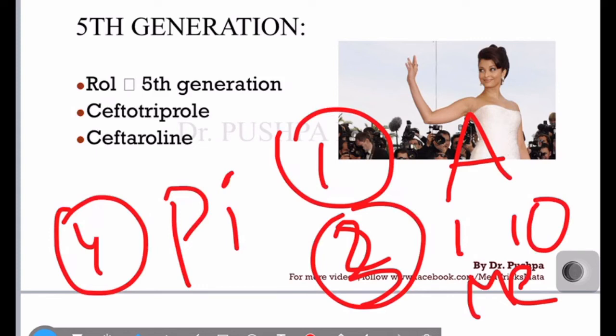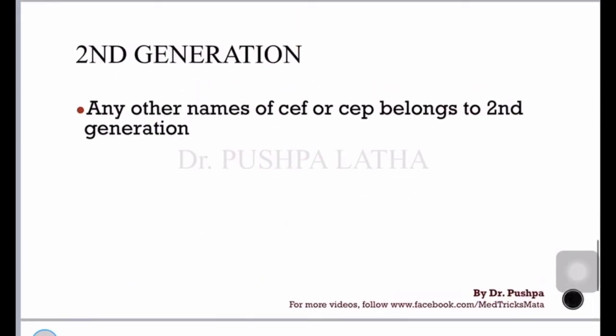Fifth generation is about your favorite role model will say hi, which has she has fingers, 5 fingers, so role model will have 5 fingers. Role is a key for fifth generation. Now let's talk the last one about the second generation. Second generation is all about the excluding ones. Whatever you see, if some of the drugs doesn't have any of the keywords I have given about the first, third, and fourth and fifth generation keywords, if any of these keywords are not present in certain drug, that will be considered as the second generation.